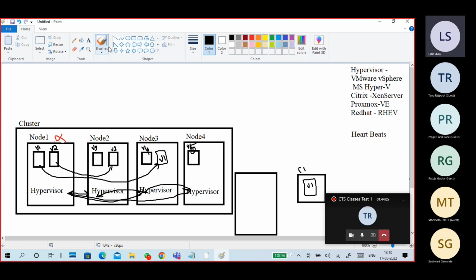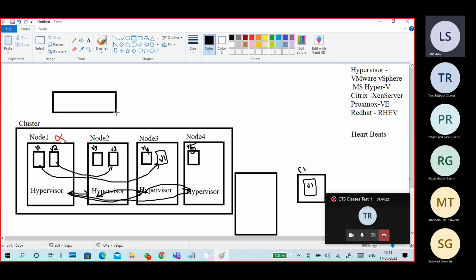To do that, to create a cluster, to manage the cluster, individual hosts, virtual machines, the heartbeats, and to transfer a virtual machine from one place to another,